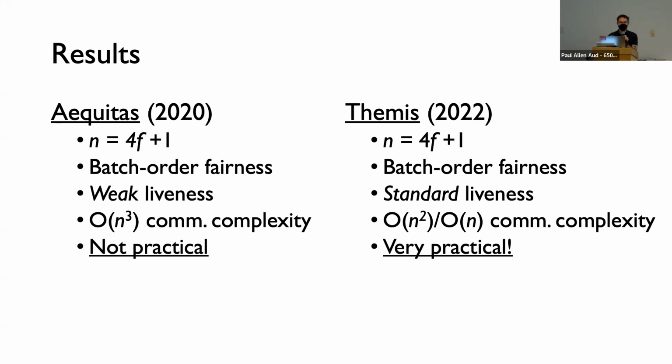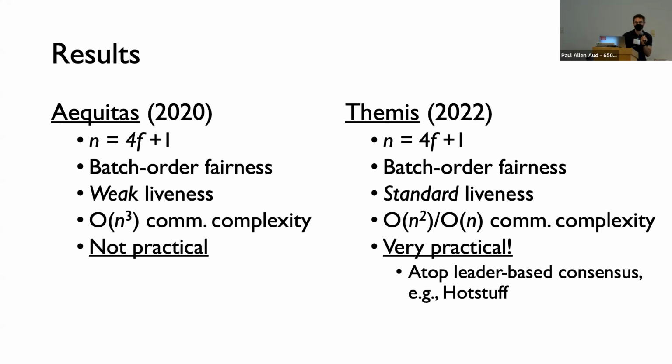And it turns out that indeed this is very practical, as we've shown in experiments running the Themis protocol, for instance, atop HotStuff. We almost get the same performance as HotStuff. It's just that the computation is fairly expensive. So if you wanted to get really good performance, you would need to parallelize it. Or if you have nodes at a long distance from one another, maybe that network latency dominates and you don't need to worry about that. But in any case, it turns out to be very practical, and you can layer it on top of pretty much any leader-based consensus protocol, we believe.